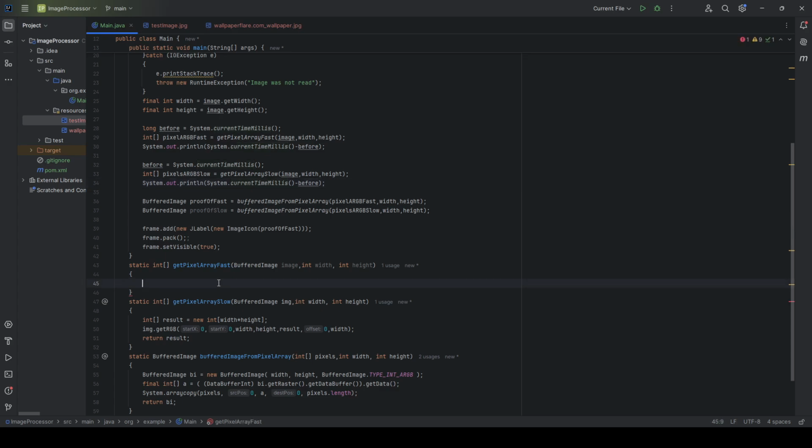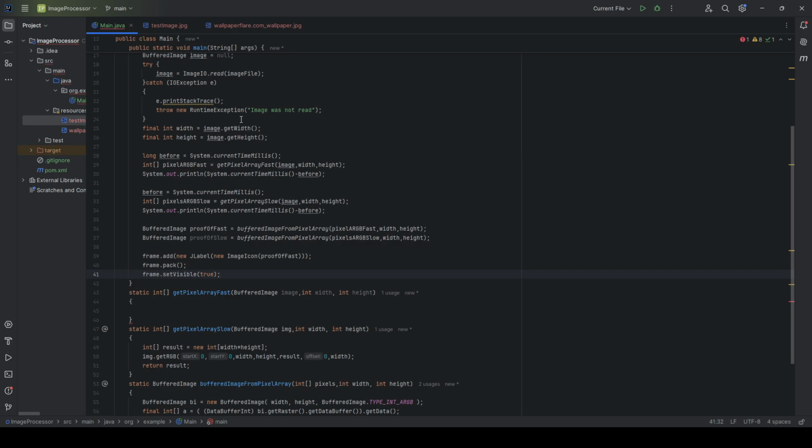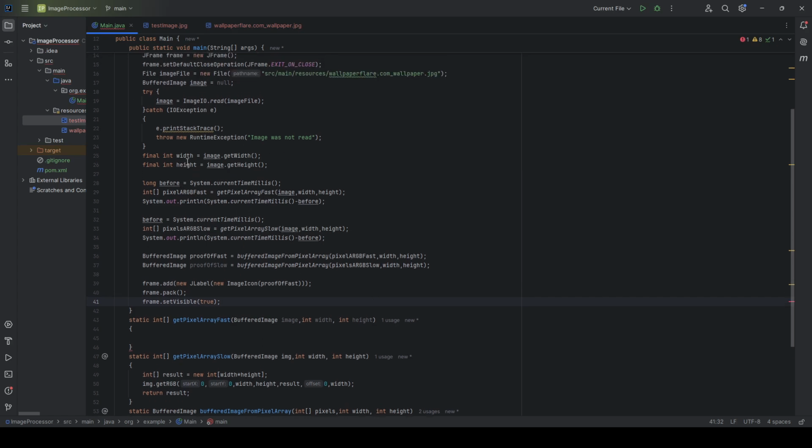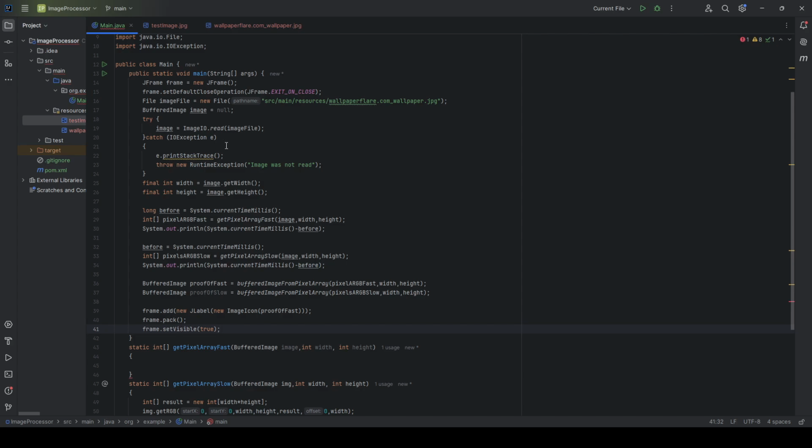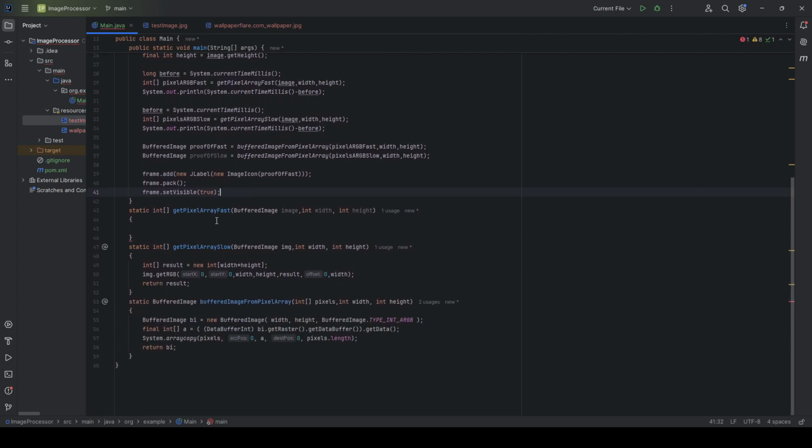So let's get started. If you don't know what JFrame does, we're just adding the image and then we pack it, and then we make it visible. JFrame is just pretty much a window. And I think I have explained pretty much everything. Okay. So to get started,